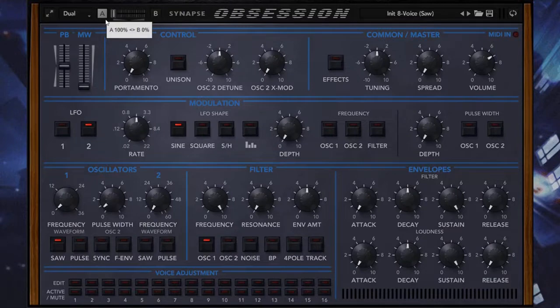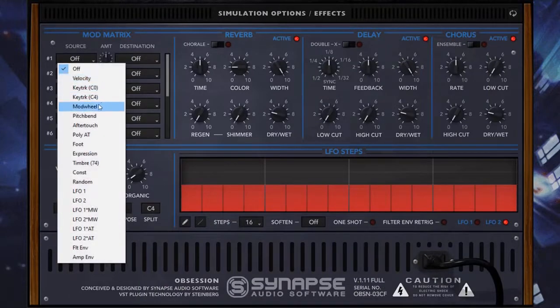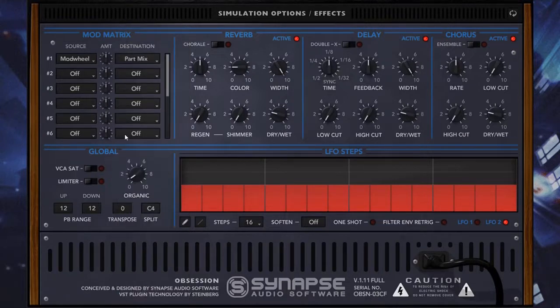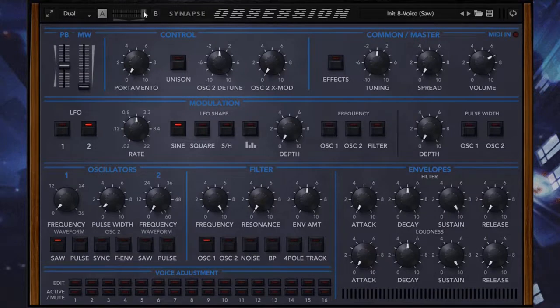All right. So, like, if we're gonna play back and forth. Now, if we go to our modulation matrix, I can put, for example, mod wheel, and this goes here to part mix. That's a split. So, like, I turn it up, that goes from left to right, and I turn it down, it goes from right to left. Okay, so left to right, and I go back to A. And you can set really different settings. So, for example, I want my B to be like